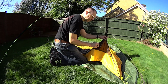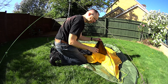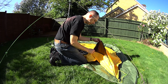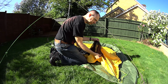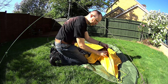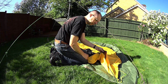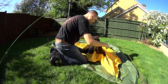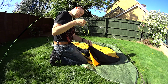And then the midge netting. This is ultra fine midge netting, so it'll stop all the tiny midges in the UK that mosquito netting doesn't stop. But it's a little bit fragile, so you have to take care of it, like with all ultralight gear. If you see a little issue in the weave of it, where it's not quite regular, you just roll it with your thumb and forefinger and it aligns the fabric again. So that's the fabrics. All the tie-outs are Dyneema cord,